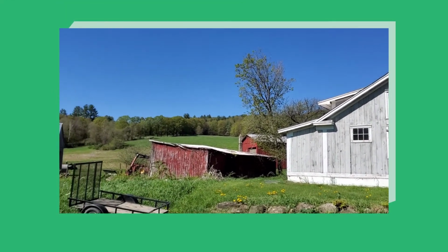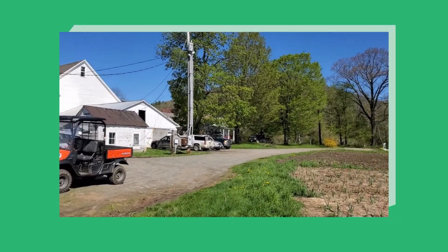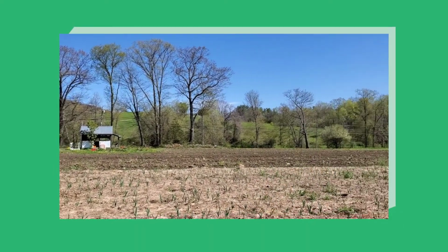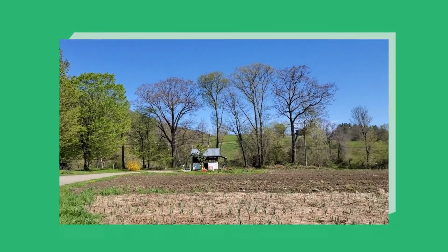One last shot here so that you can see kind of what the milking parlor looks like from the outside, and the rest of the facilities. You can see the cows on the other side of the road. They're all happy to have crossed the creek, and they're over there and excited about being out in the